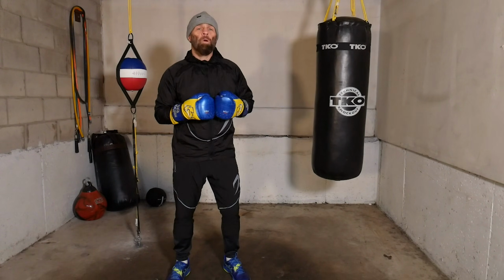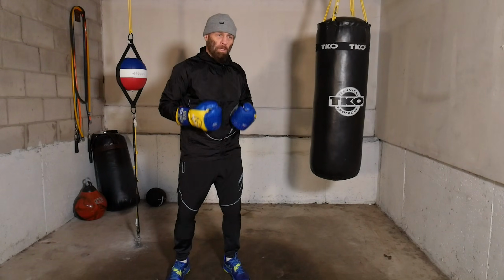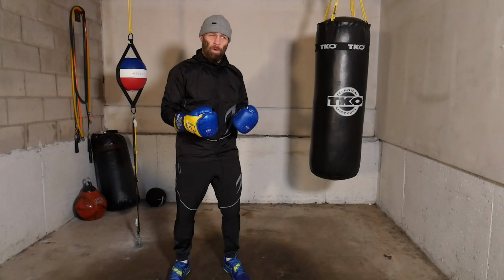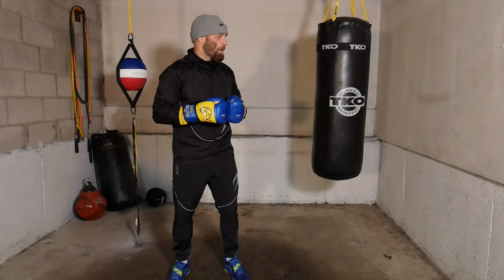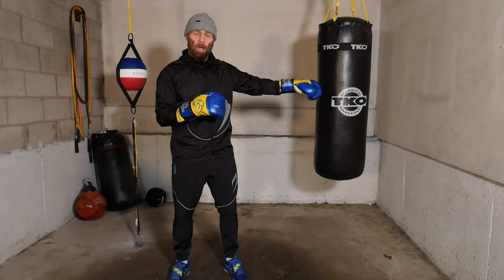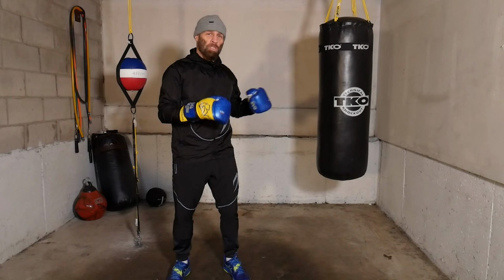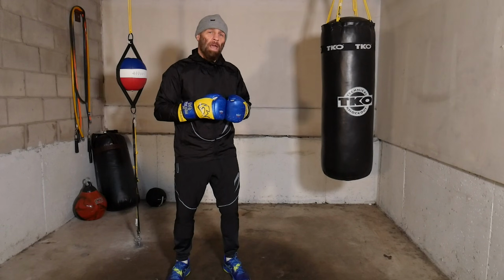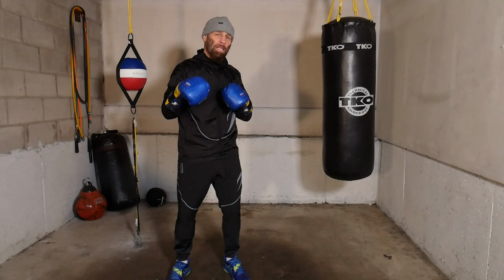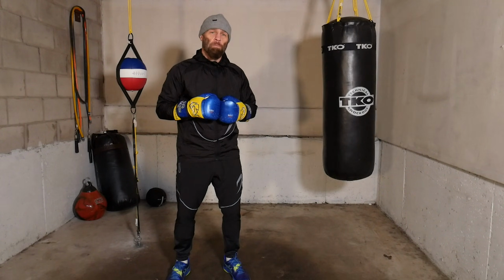safe. And now we're working towards developing you, building you up, getting your conditioning going, getting your stamina and technique efficient, and also allowing you to put together combinations and different punches in order so that you can be effective in the ring. So today we're going to go over that. We're going to do 8 rounds of a beginner boxing workout that's really going to take your boxing to the